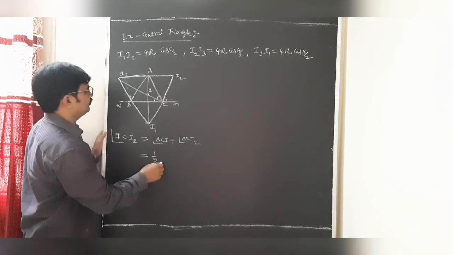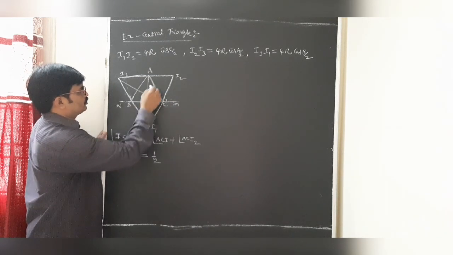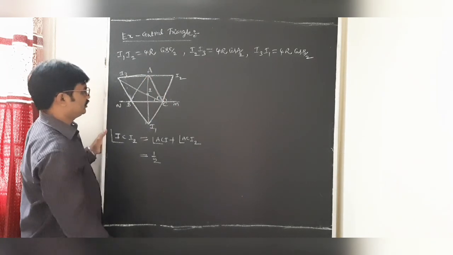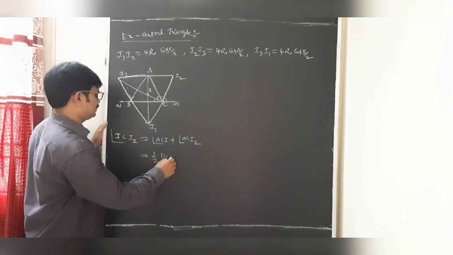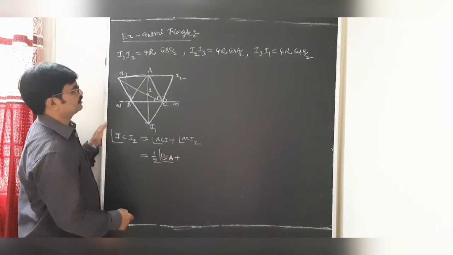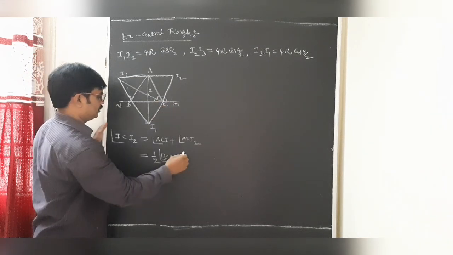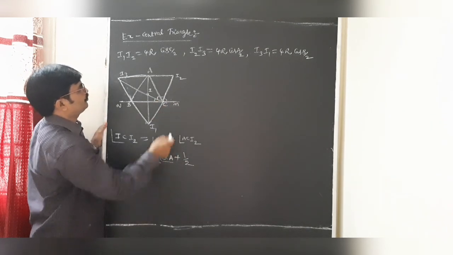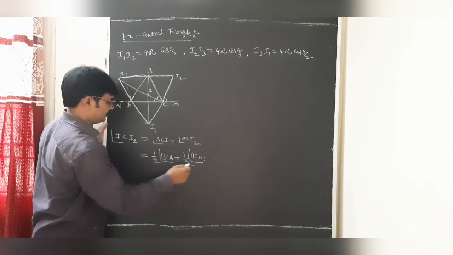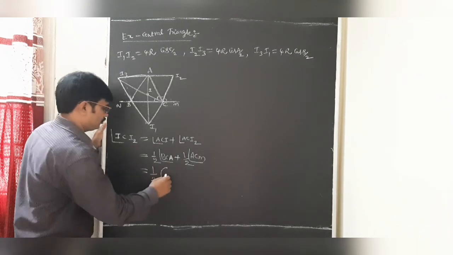This is half of C by 2, meaning half of the angle BCA, or ACB. Half of it we can write as BCA or ACB, plus ACI2. These two are equal, therefore this can also be written as half of ACM. We can observe that half is the common factor.